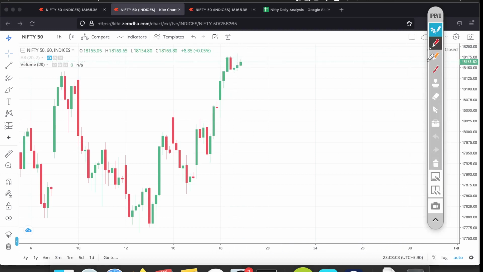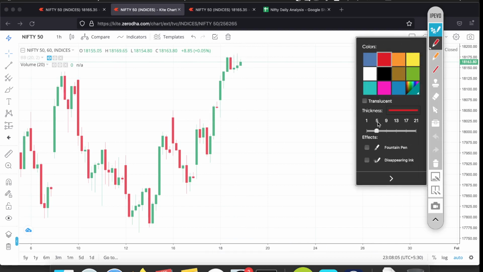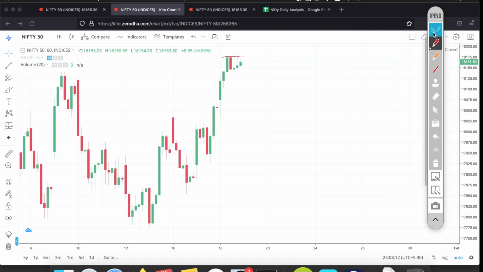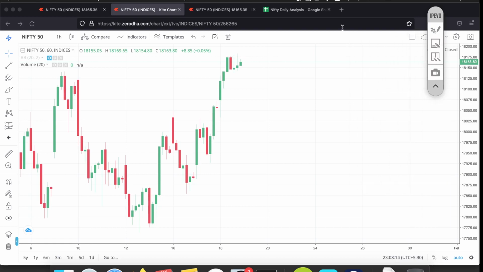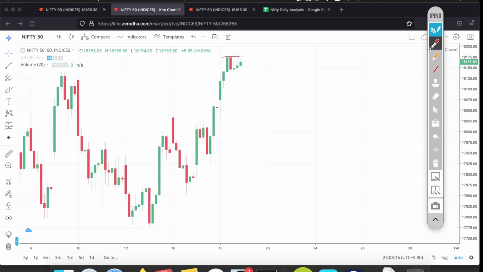So if we draw this line here, this corresponds to 18,175 something. That was a constant resistance throughout for about 5 hours,